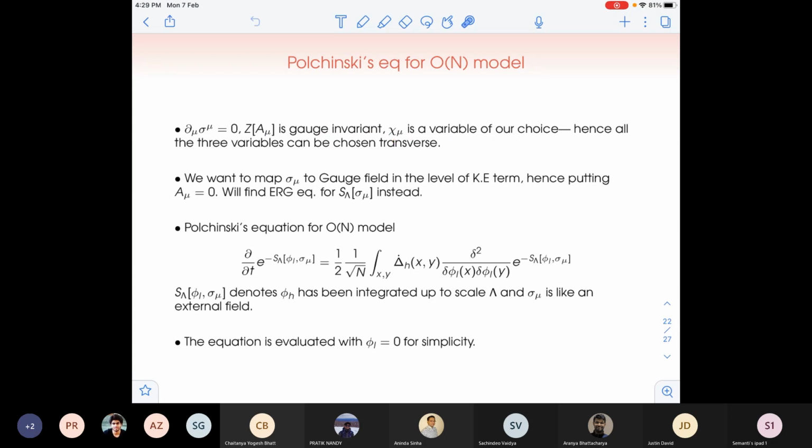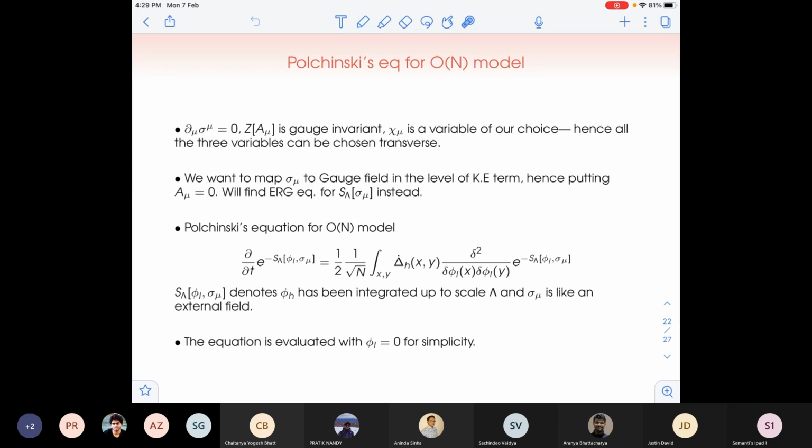So all three variables we can choose as transverse. We also want to map sigma mu to the gauge field at the level of the kinetic term. So even if we put A mu equal to 0, that will give the kinetic energy. For other subleading order terms, we need